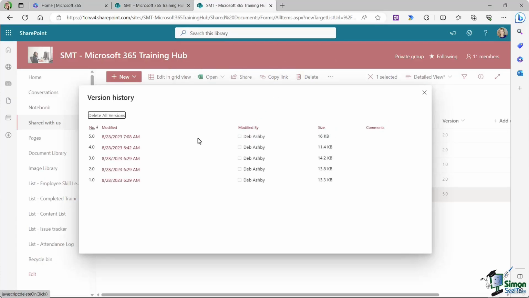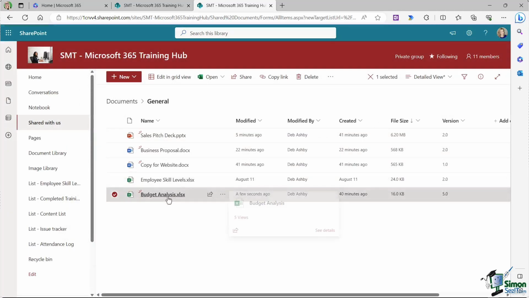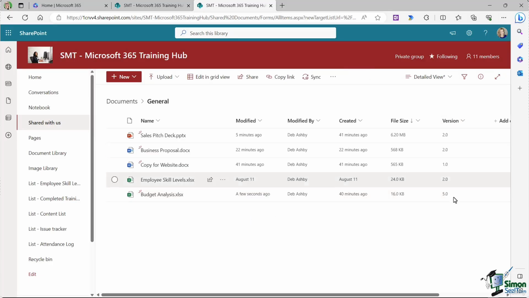So notice what it's done there. It's now created a version 5, which is effectively the version 3 that we've restored. And when we click to open this file, we'll effectively be looking at the version 3 version. So it's always a good idea to have this version column turned on so you can see how many versions